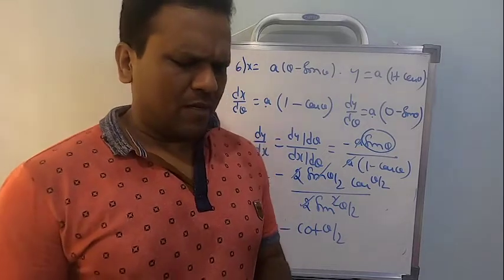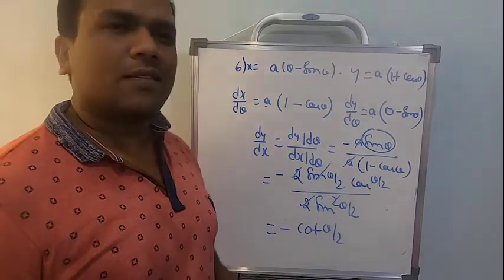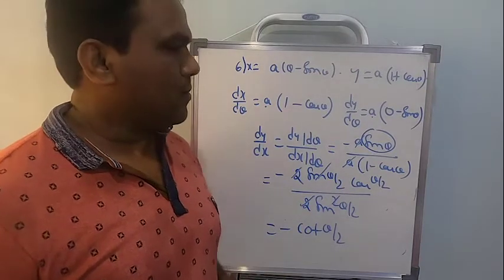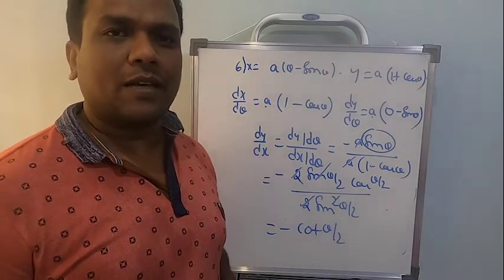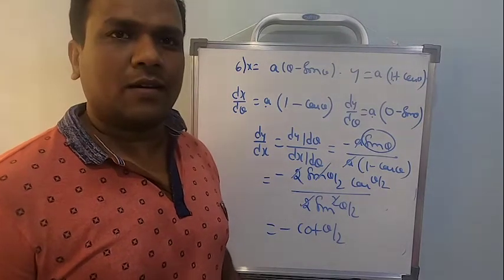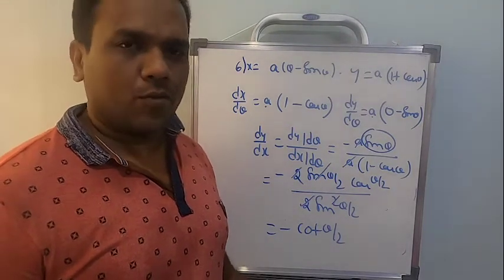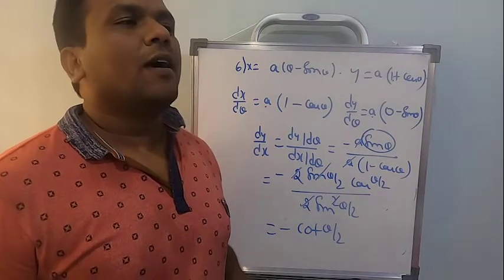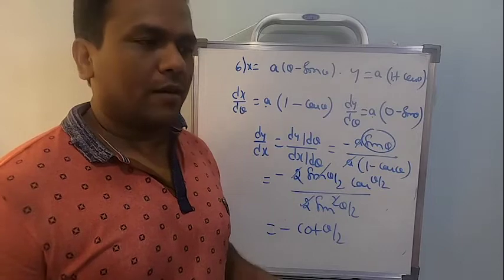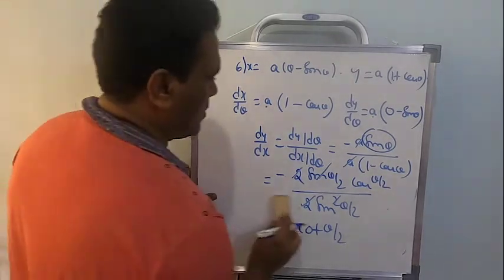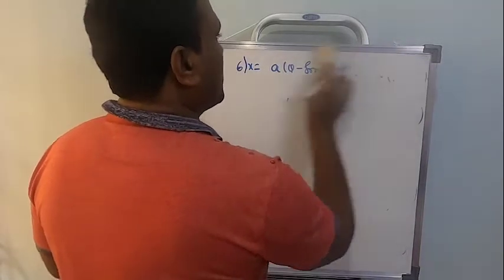I'm repeatedly telling, there is nothing called calculus without trigonometry. If you know calculus, you will understand whatever I am explaining. Suddenly I am telling you submultiple. You will be wondering, where is this submultiple angle? How do we remember? Oh, you need to practice. So till the end of calculus, you notice each and every time I will be inviting some formulas from trigonometry. So that's problem number 6.